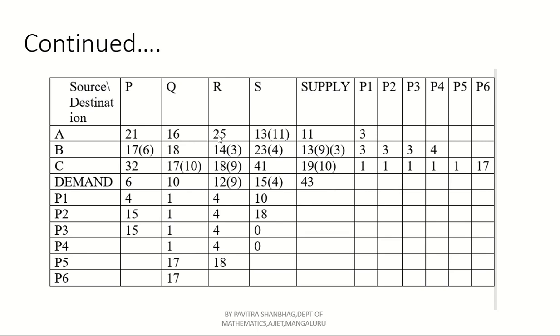Then this column completely vanished, and simultaneously we have to remove this 9 from the total supply. So 19 minus 9 gives us 10. Now what remains here? Only this element remains. Rest all, row 1 and row 2, vanished, and columns 1, 3 and 4 vanished. The only thing left is column 2. Now what is the penalty here? If you compute column-wise as well as row-wise, the penalty will be the same, because 17 is 17 only, right? So what is P6 here? 17 only. Even here P6 is 17 only.